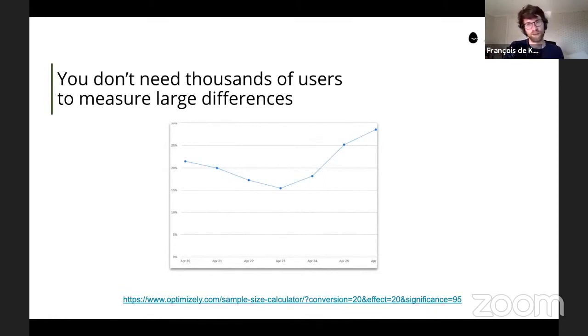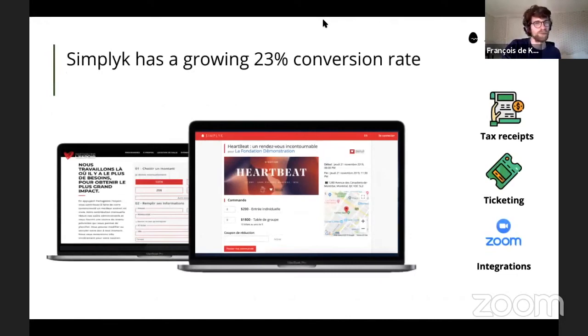I love talking about data, but I think that my time is Julia's time, and it will be super, super interesting too. Feel free to contact me if you have questions. We are at 23% conversion rate at SimplyK, and we are running new experiments to improve this. But that's because we have few clicks, a good cell phone experience, and smart default, and you can all do this.